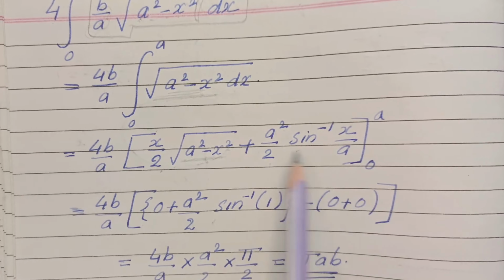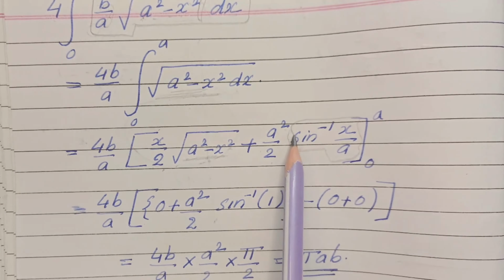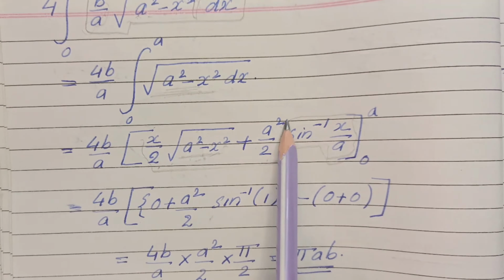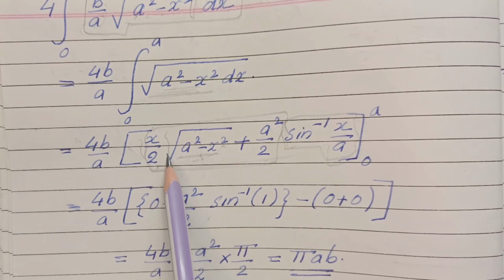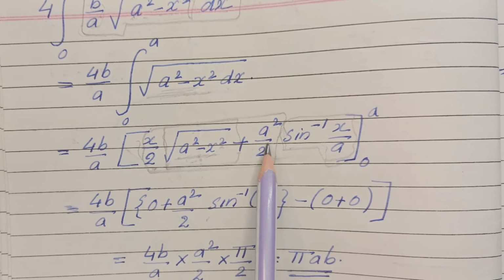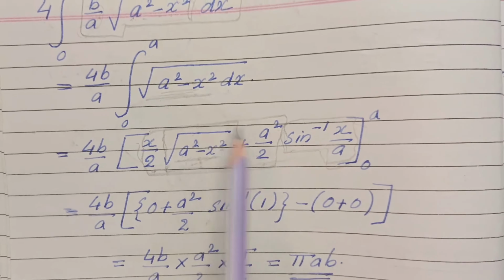So you know there is a formula for this much. If it is direct, then this much has been added extra. Obviously this is always the same because it's the question itself: x by 2 plus a square by 2. If you remember this much, then you can remember the formula for this totally new one. So that's what we got.